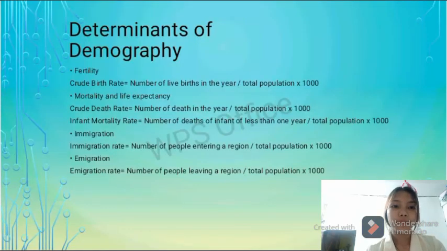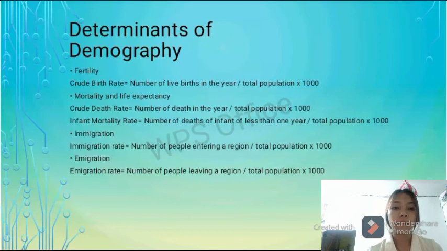Good day everyone, my name is Jovelyn Viernesa and my report is all about the determinants of demography. Fertility, mortality, and migration are the principal determinants of how a population can change. So, the determinants of